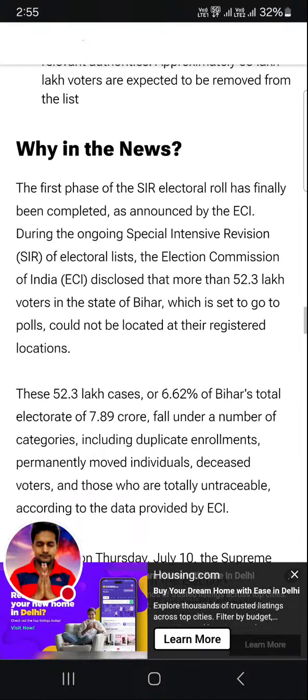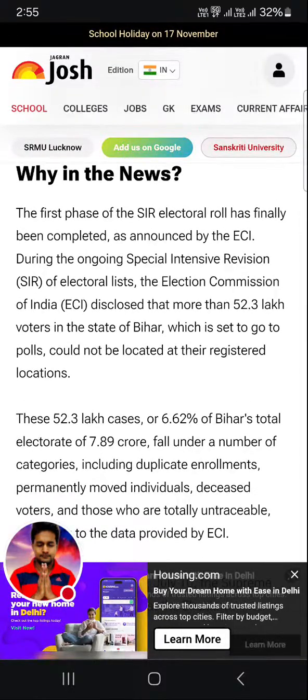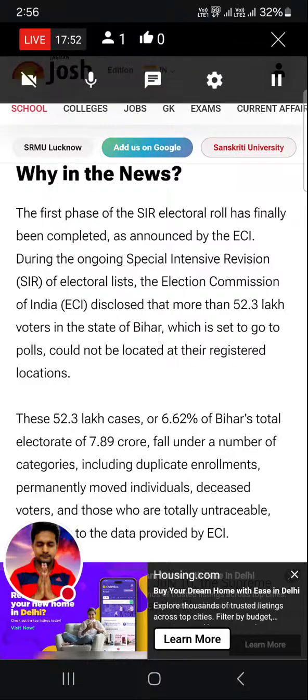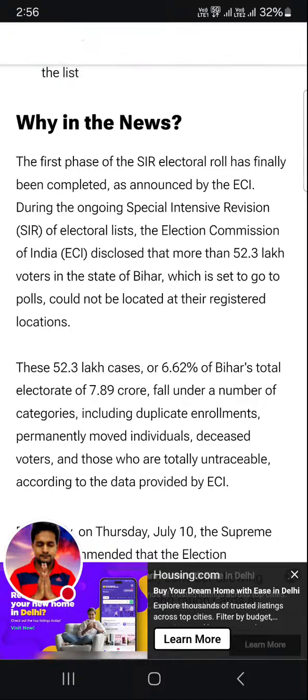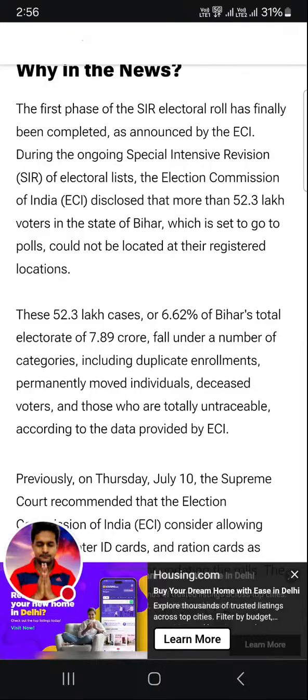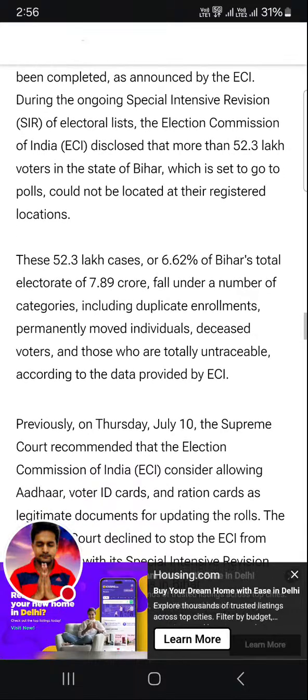Why in the news? The first phase of the SIR electoral rolls has finally been completed as announced by the ECI. During the ongoing special intensive revision SIR of electoral list, the Election Commission of India (ECI) disclosed that more than 52.3 lakh voters in the state of Bihar, which is set to go to polls, could not be located at their registered locations.